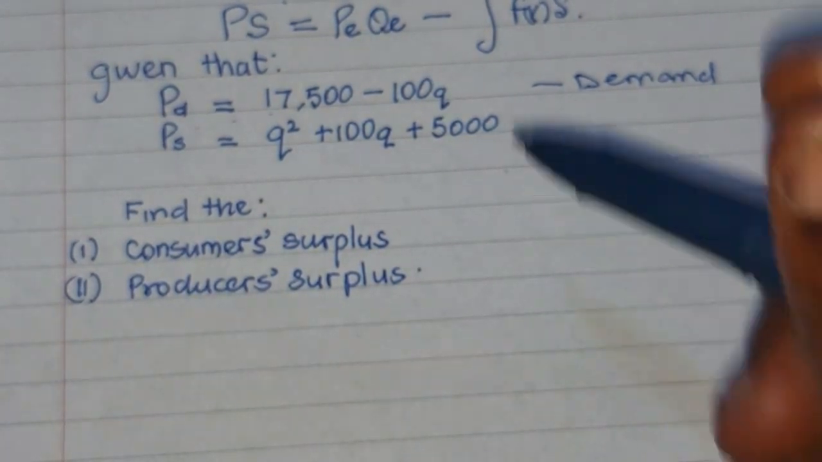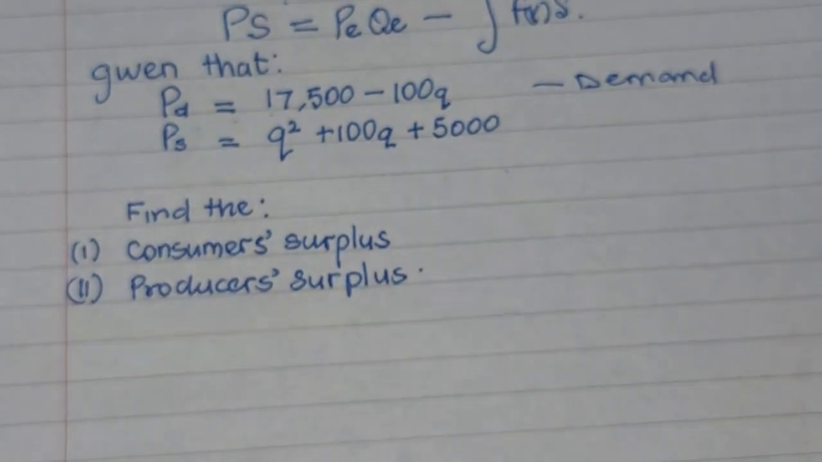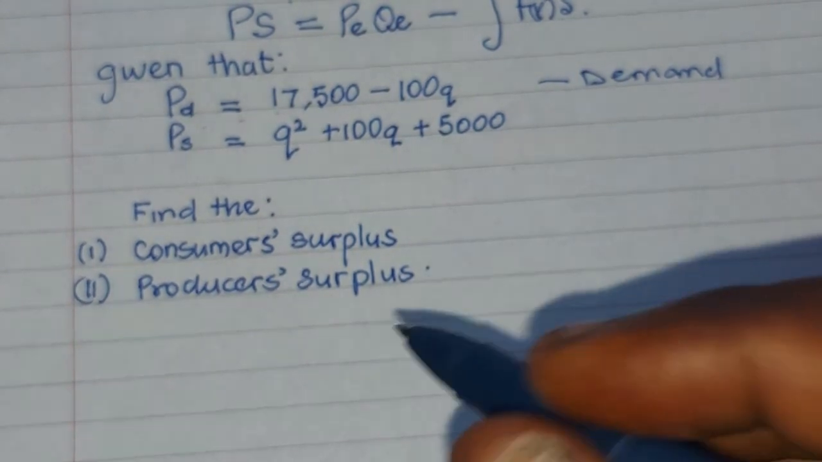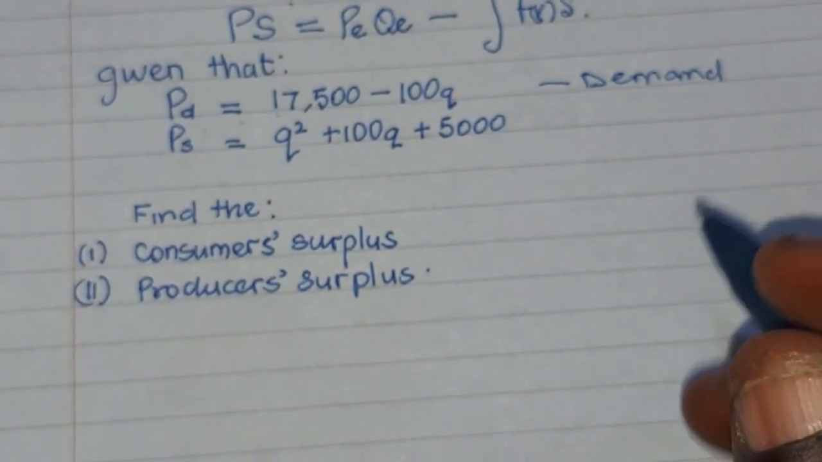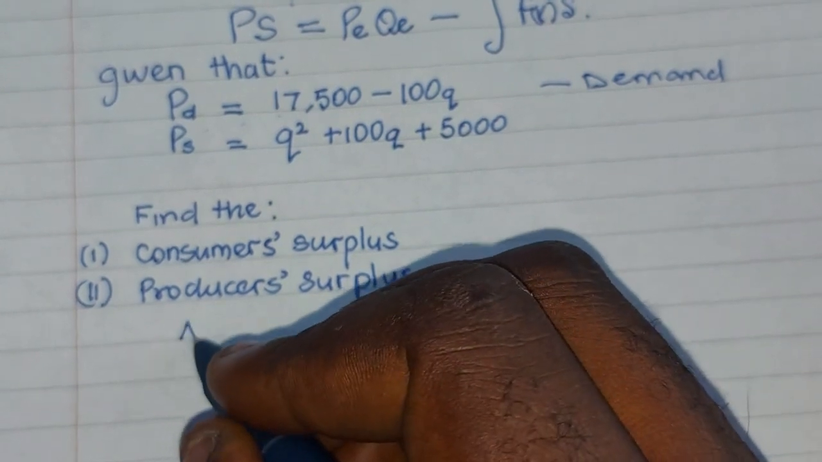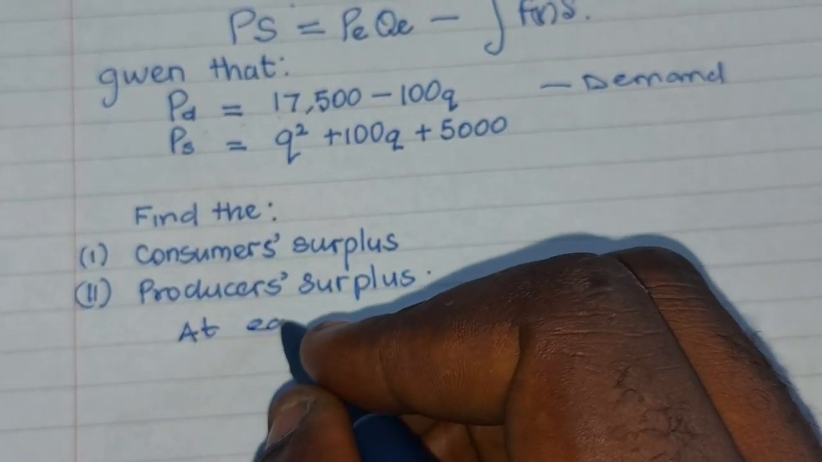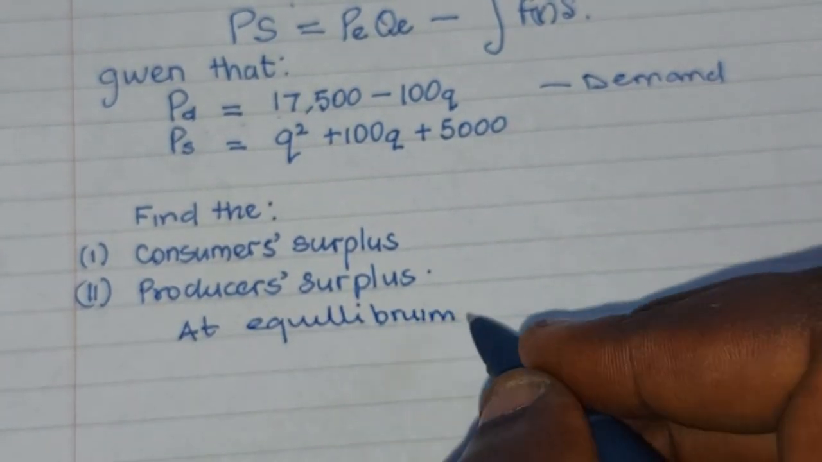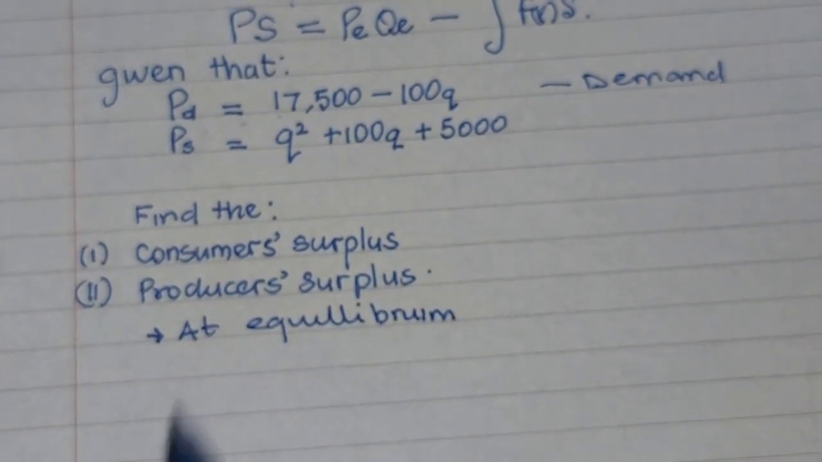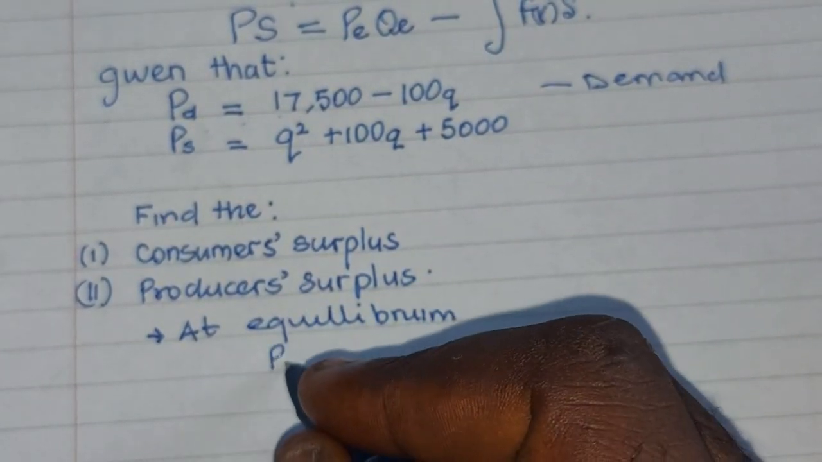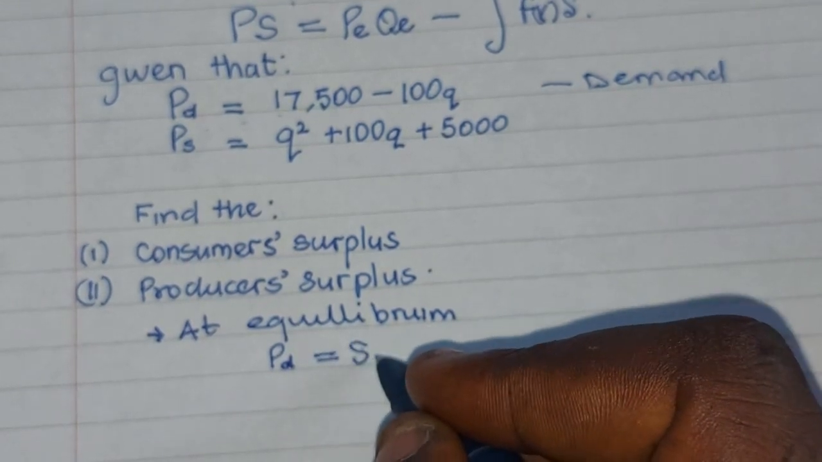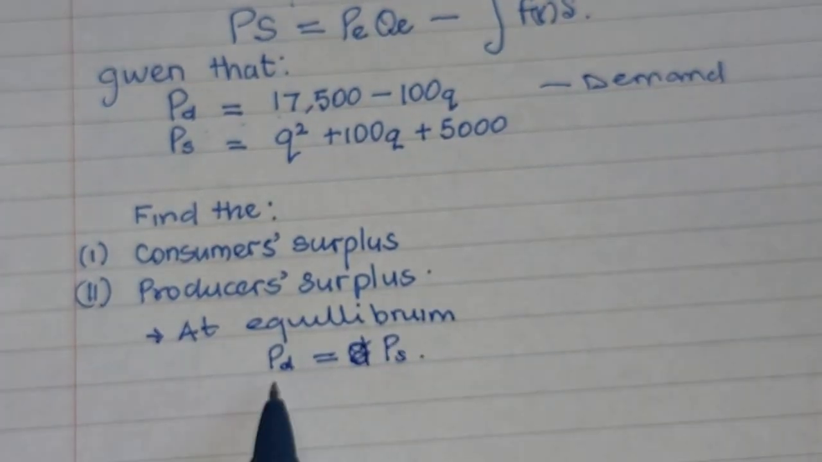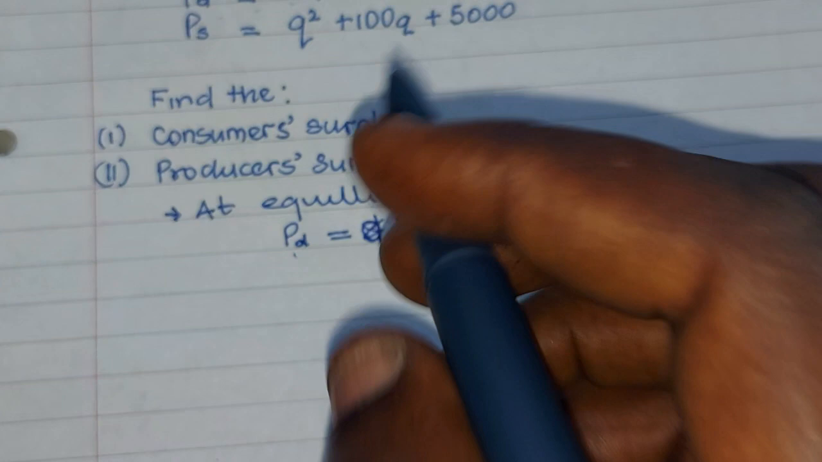The first thing here is to find the equilibrium price and the equilibrium quantity. That's the first thing. So how do you do that? We know that at equilibrium, demand equals supply. So our solution now: at equilibrium, demand equals supply. So we have